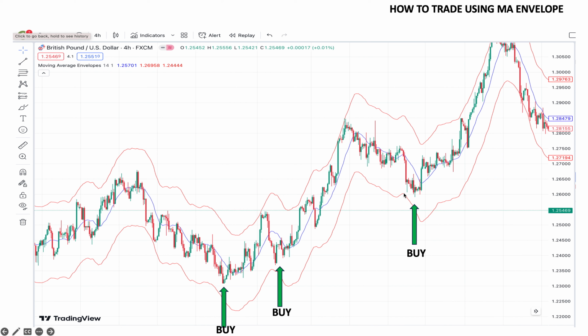And now we're in an uptrend. If you remember my previous classes, I told you you don't want to sell in an uptrend. You want to buy in an uptrend. So if you see the market is going in an up direction, you wouldn't want to look for a buy just because you see it's up. You would want to wait for it to come back down before you take a buy, because you're sure you're in an uptrend. So now, since the idea of this envelope is to look for oversold and overbought conditions,